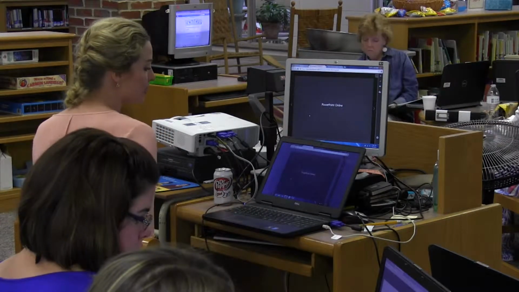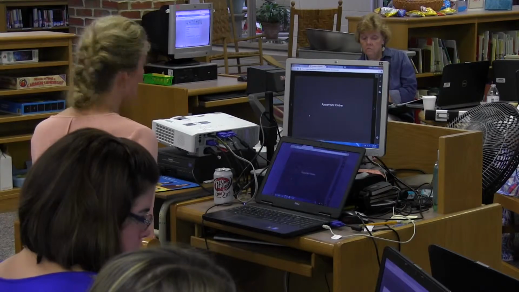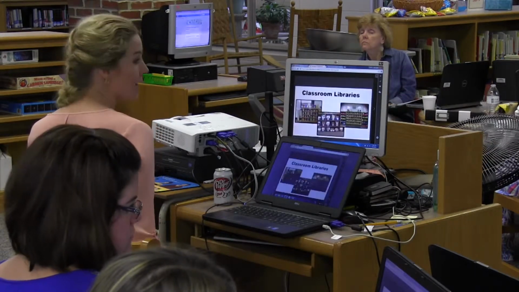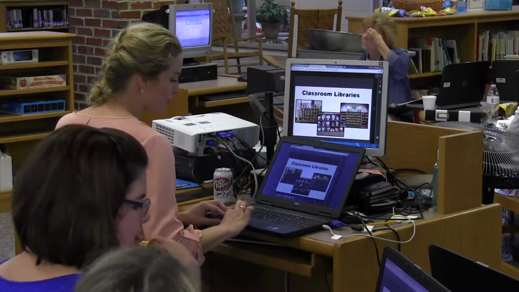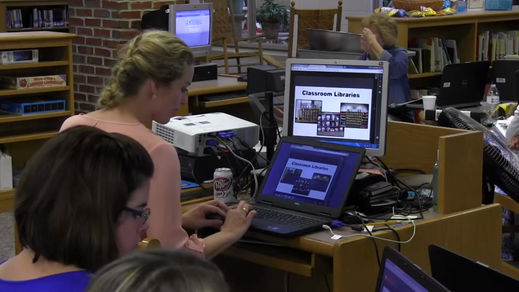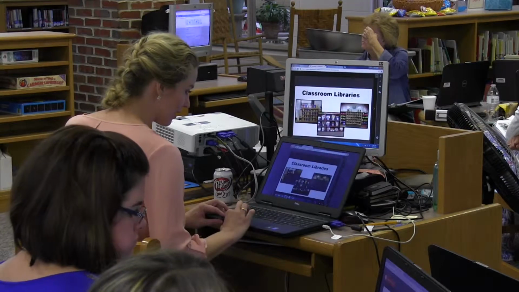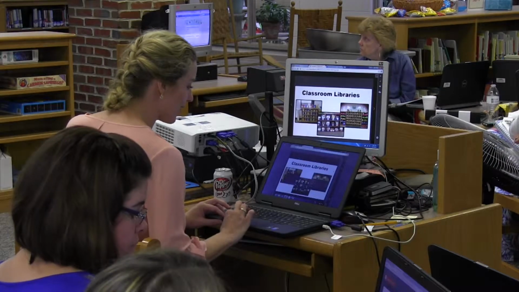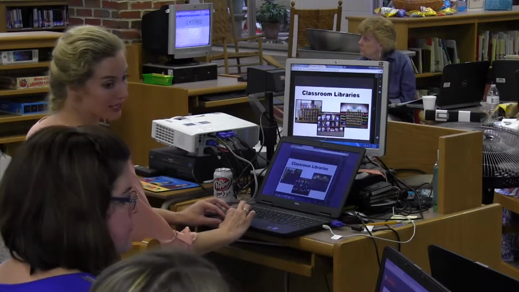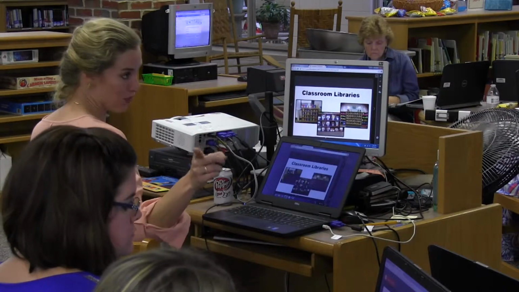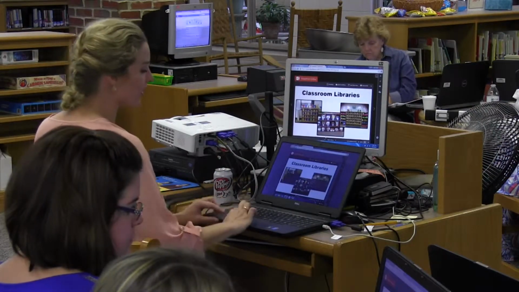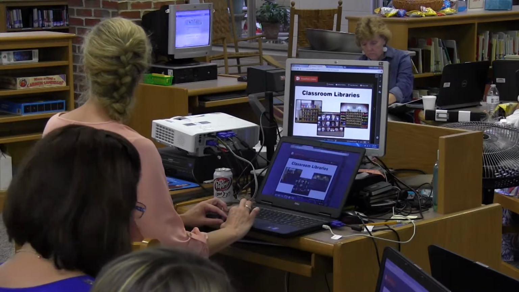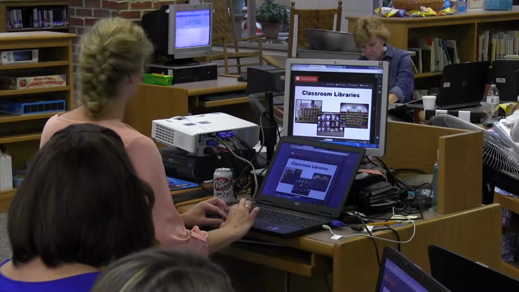Blend Space will let you upload a PowerPoint within the Blend Space, so you'll let it load, and then I'll show you how you can use the mouse at the bottom to scroll back and forth between the slides. You'll open it up in big screen, and then down here at the bottom, you can scroll right to left. Mine's still loading. Anybody see the right to left arrows? It'll say slide right, slide left. See down here at the bottom, slide 1 of 16? It'll let you look at the whole PowerPoint that way, and then you can go back to that slide.